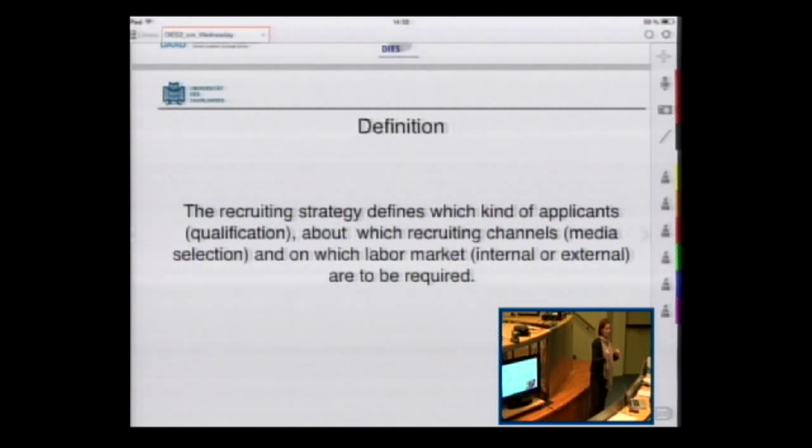Yes? It's internal market. So they come from their universities. And external means somebody comes from outside the university. You have to think about which people I can look for within the university and which positions I have to think about the idea that they come from outside of the university. So you have both market solutions. Okay,